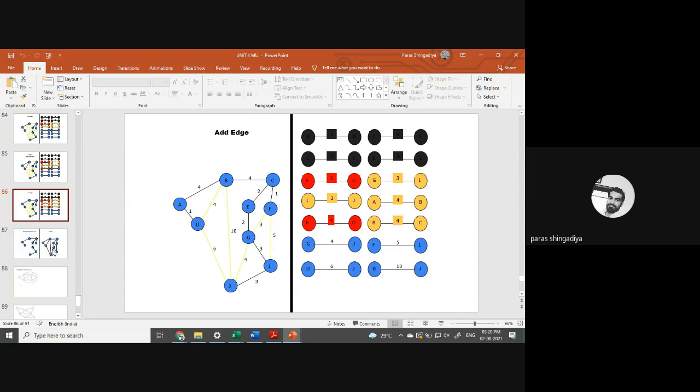Okay. Remaining 4, let's check. That is G and J. This one creates a triangle. Then after that F and I, that is F to I. This edge, if we include it here, creates a cycle. Then after that D and J and F and J. If we include them here, this one and this one, it looks like circuits. So therefore we cannot include them here.